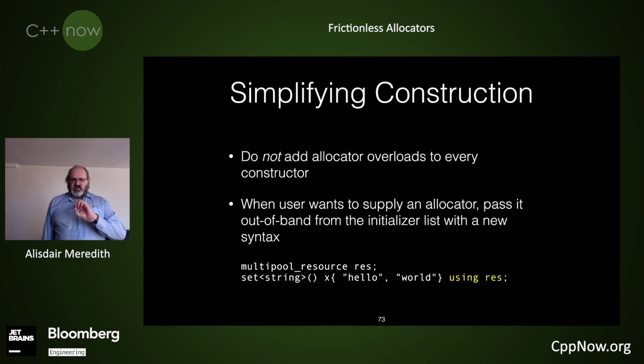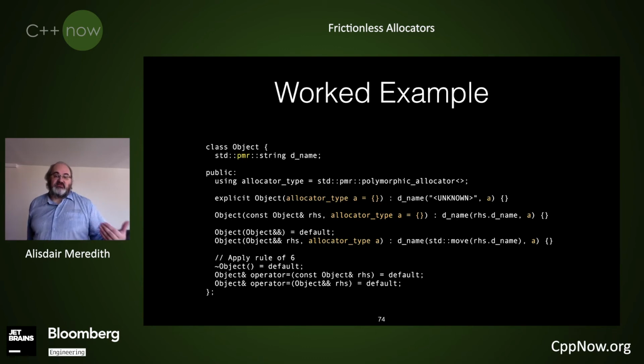So this is the key change that we're proposing, or the most visible change we're proposing: we're going to add a using clause after a variable declaration, or potentially in a couple of other places, that allows us to specify this is the allocator, or essentially, this is the memory resource, all the way down to the PMR memory resources that I want you to use when I'm building this object. And that will hopefully greatly simplify and pull out a lot of the friction on how you actually write an allocator aware class. So how does that work in an example?